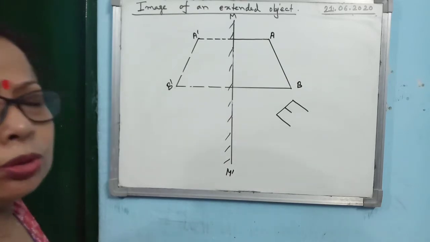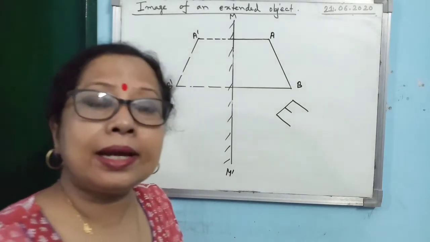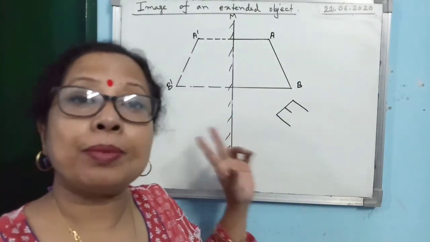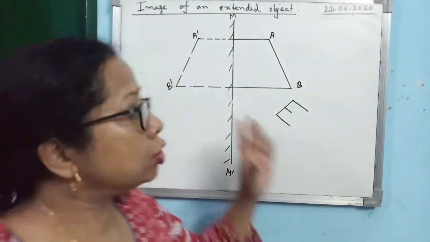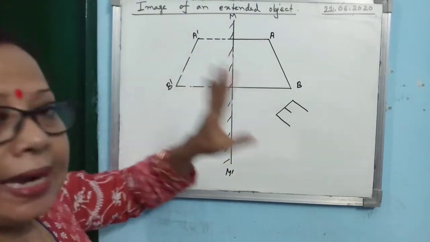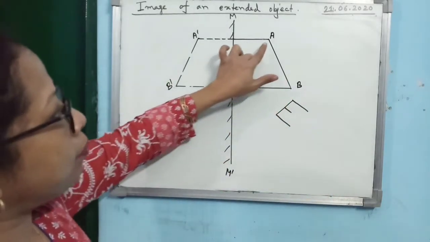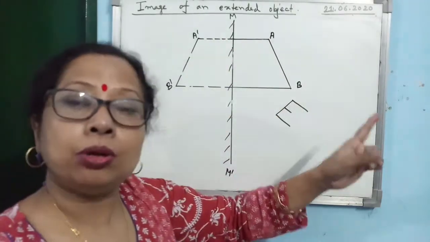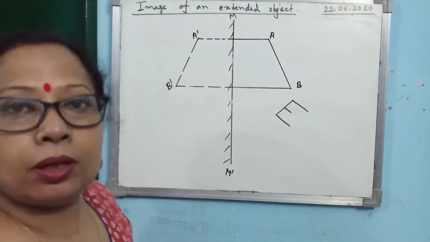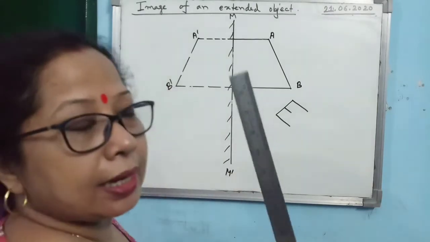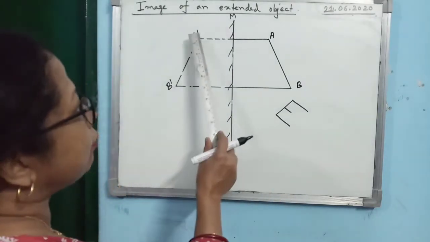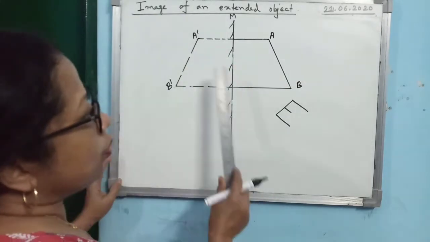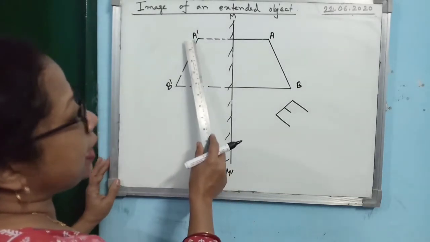Then how to draw the ray diagram? Ray diagram means you have to show, by using at least 2 rays, the formation of the image. So first of all we will show, by taking 2 rays, the formation of the image of the point A, and then we will follow the same method for B. Now how to draw the ray diagram? Already I have drawn the image. Please strictly follow that. Always when you draw the ray diagram, you start from the image drawn.